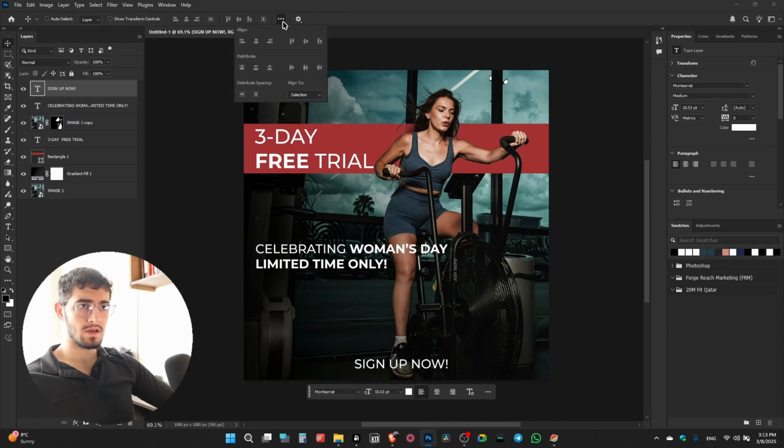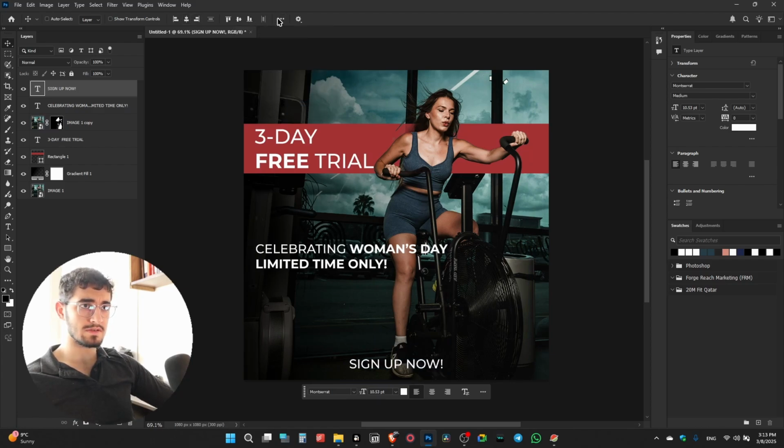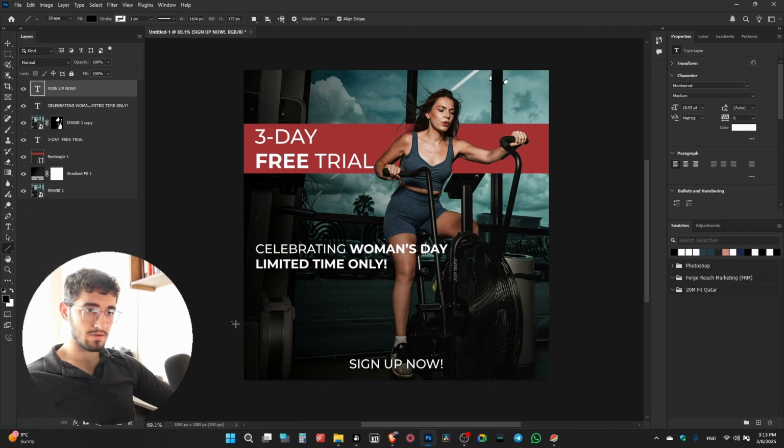And here in Photoshop, if you want to center it, you can just go to here, Canvas, align to Canvas, and press on this one. Okay. Sign up now. You can add arrows here, as I said. I do have a template when I use with other clients, but I'm just going to do a quick one right now. I'm going to grab a line,